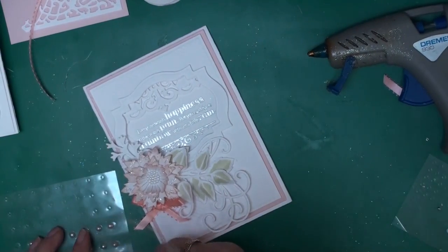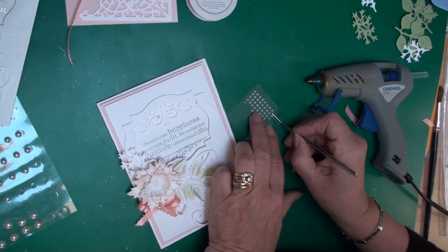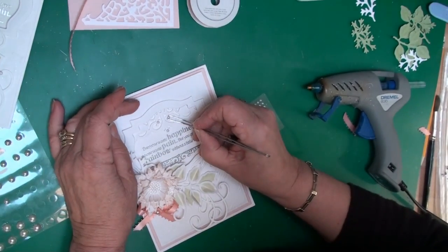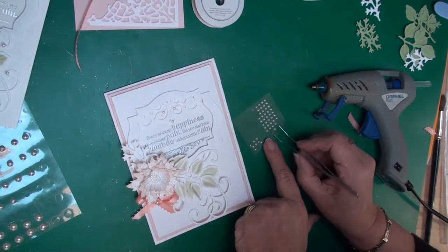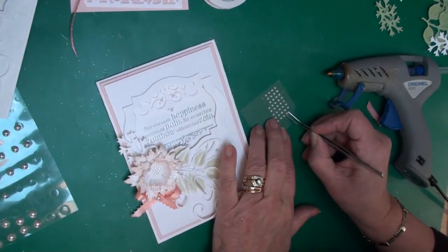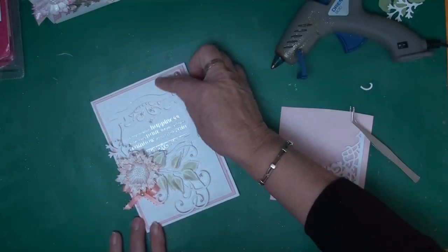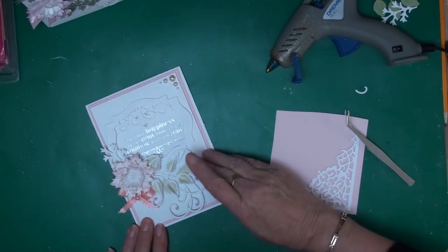Now on that knot I'm going to cover it with a pearl. Now on the lacy part at the top I'm also going to add in some little pearls. These are just tiny ones, and that will just enhance it a bit more. And then I think along each edge of the swirly part we'll add in a tiny pearl. So I've added some pearls into the corner,